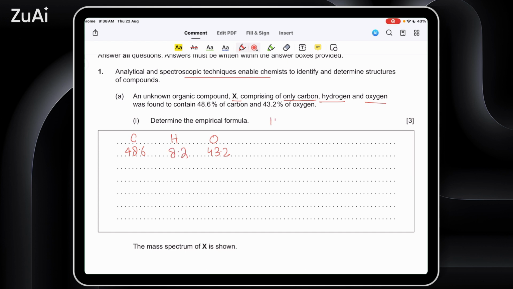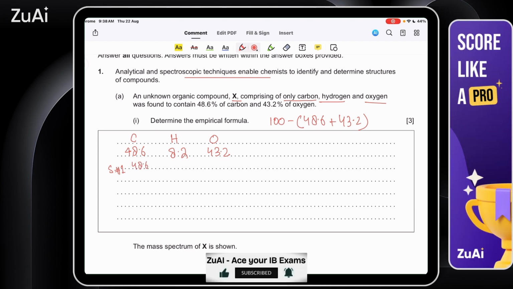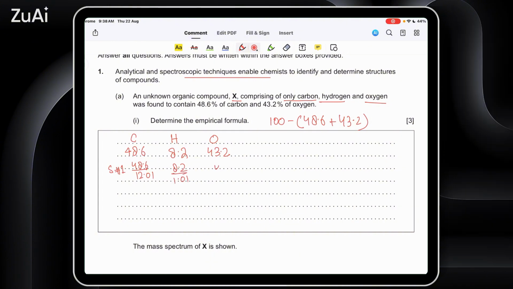That's so easy, like 100 minus the sum of 48.6 plus 43.2, we will get the percentage of hydrogen. So the first step is divide by AR, atomic masses. So 48.6 divided by 12.01 and 8.2 divided by 1.01 and 43.2 divided by 16,